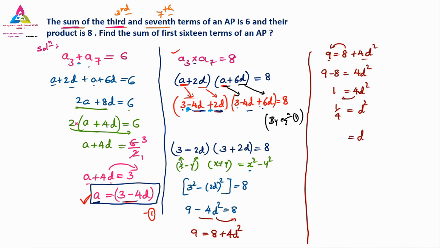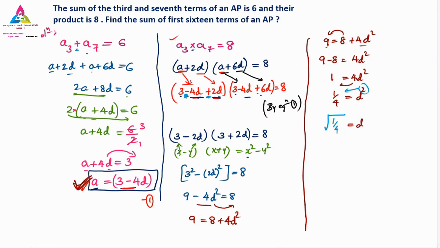Next, this square you can see, here is a square we have, the square also we have to bring on the other side. When we bring the square on the other side, it will become square root. So square root of 1 by 4. But actually it is not just 1 by 4, it is plus or minus. Remember that when you bring the square on the other side, it will become plus or minus root 1 by 4. Always remember, when you bring the square on the other side, it will become plus or minus root.